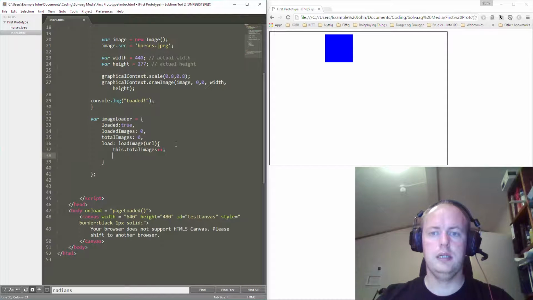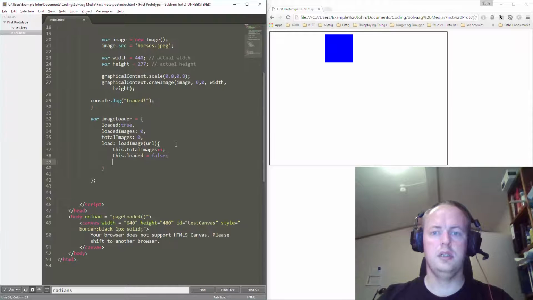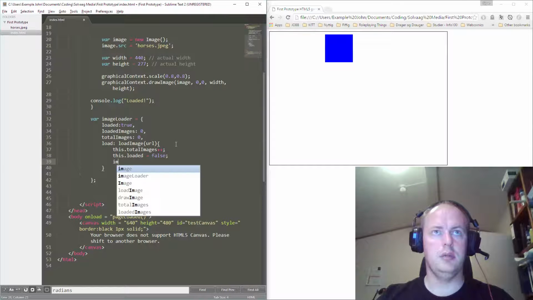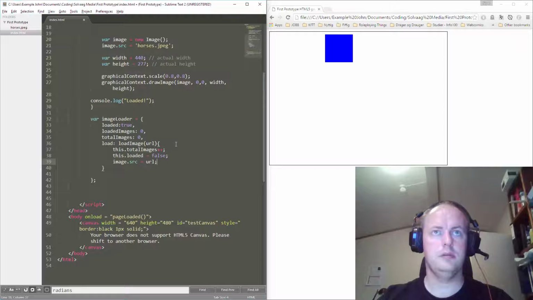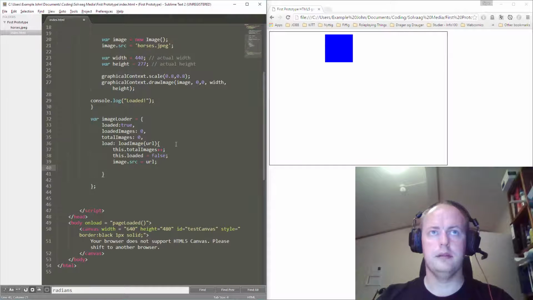So this loaded equals false, because now we're starting to load an image, and when we're doing that we have to set this variable to false. So image src equals URL, and image on load, like this, should be function